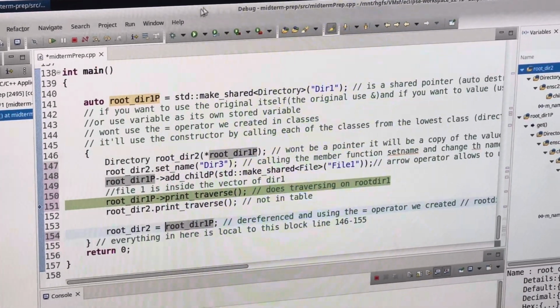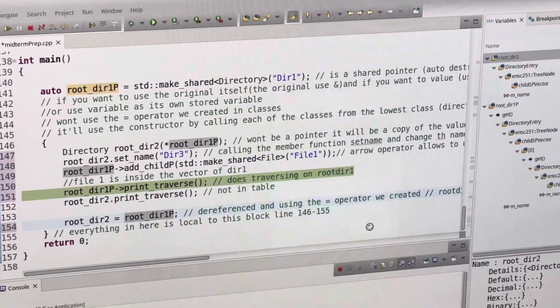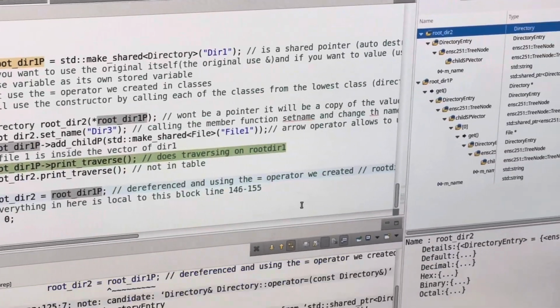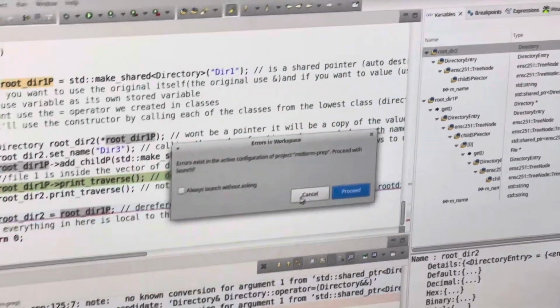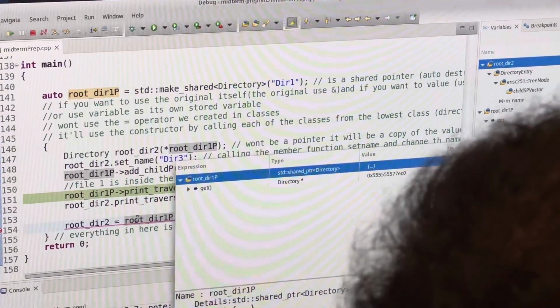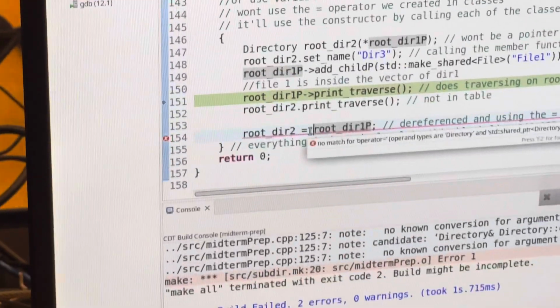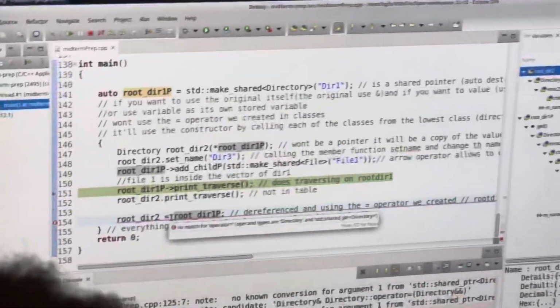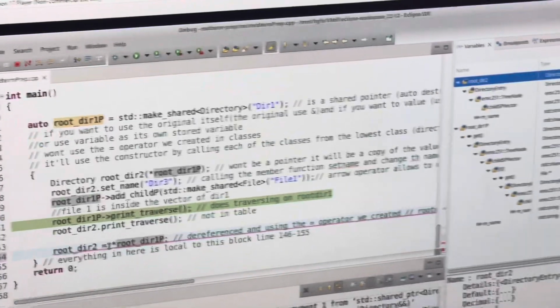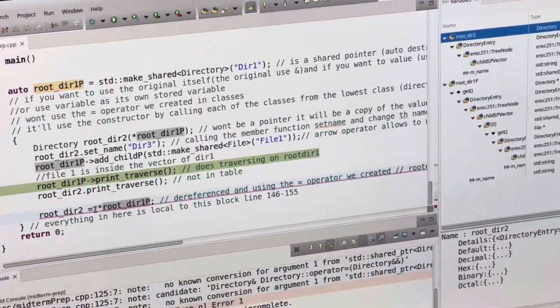Actually, let's see. Do we get errors? I think we do get errors because we're destroying it. Yeah, but also isn't it because root dir1 is a pointer? Yeah, and we can't pass a pointer through a function as well. You have to use the arrow operator. Anyways, that's pretty much it. That's done for today. So we don't really need to study